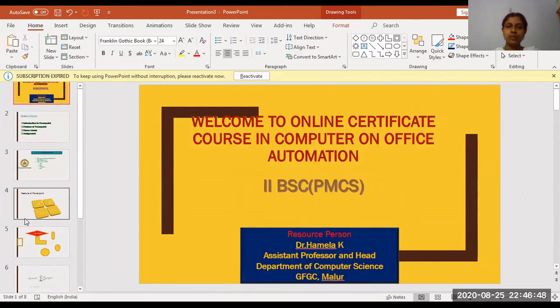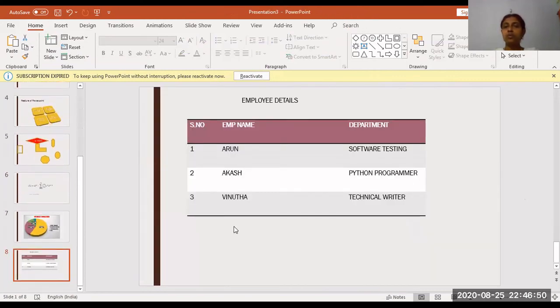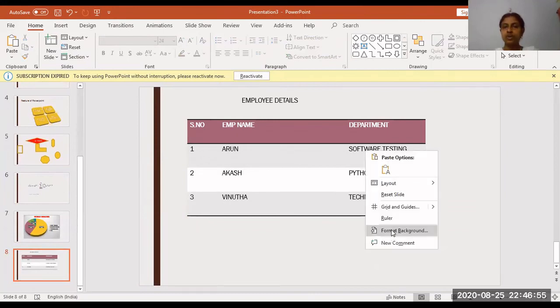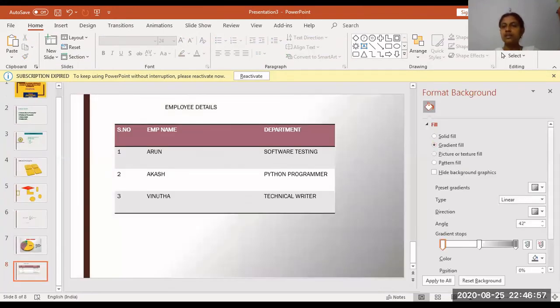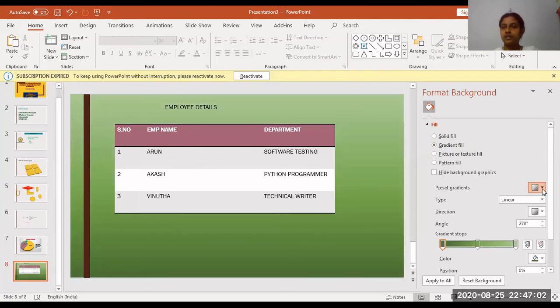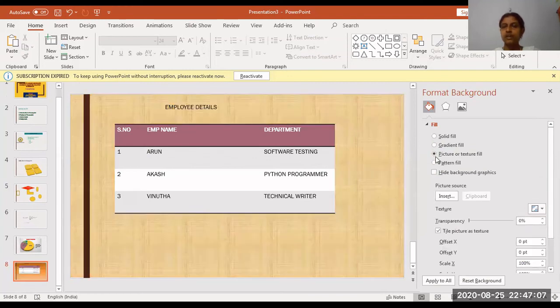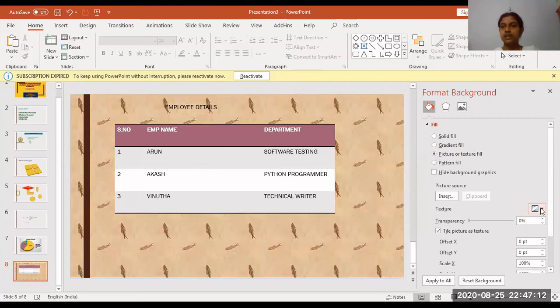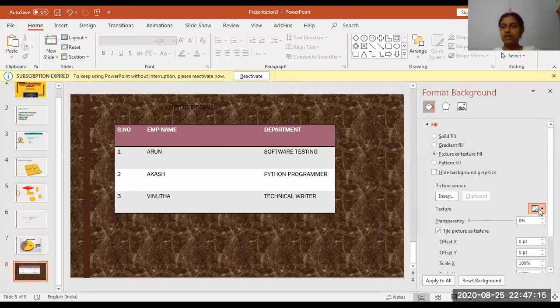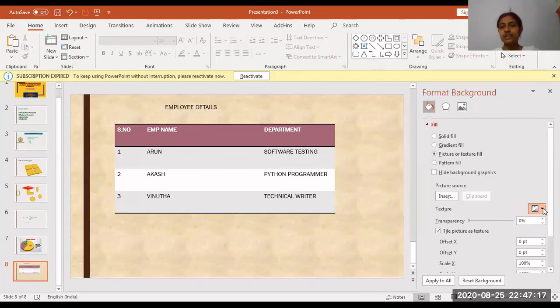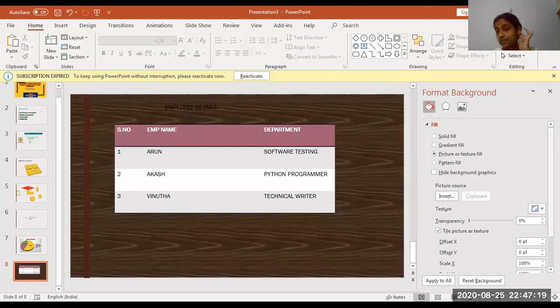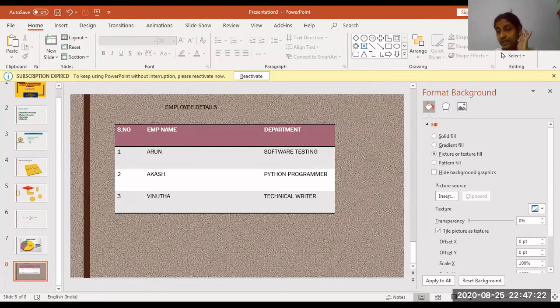That's all, your background. Apart from all these things, I want to design my own background. I don't want to use the system background, so you can right click and go for Format Background. You can select the color combination, this color or anything, in which direction, like that. Or you can have a predefined texture. See, varieties of textures are there, like marble tiles. This texture will look like your floor tiles, like that you wanted.